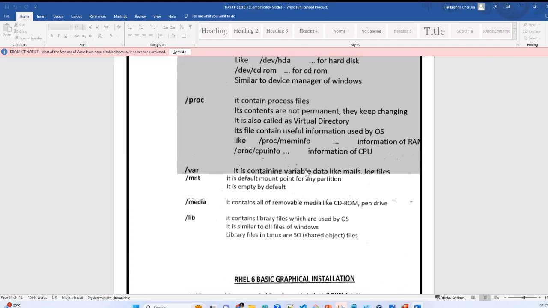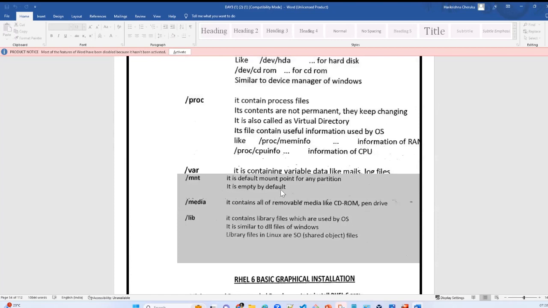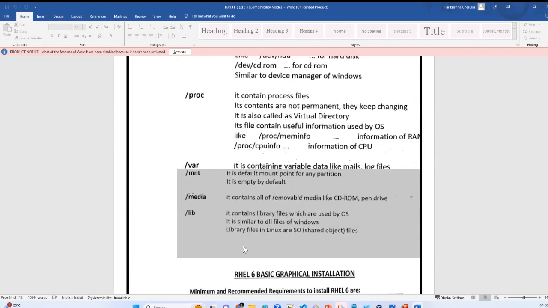/var contains variable data like emails and log files. /mnt is the default mount point for any partition, if it is empty by default. USBs will be in /media. It contains removable CD-ROM and DVD-ROM. So these are the